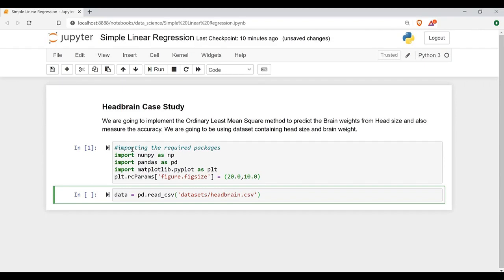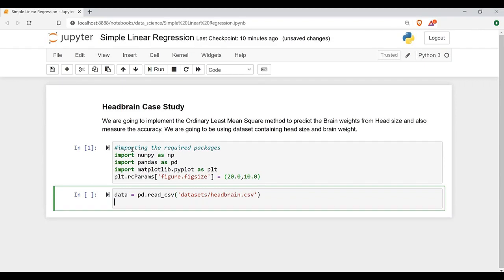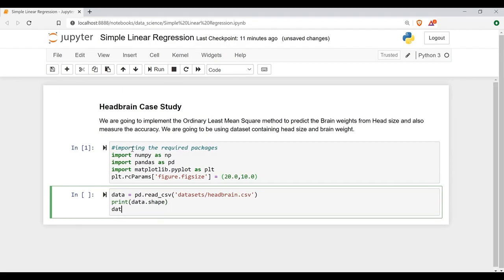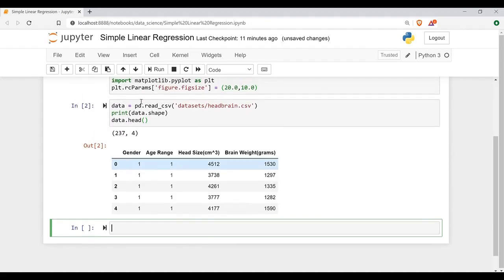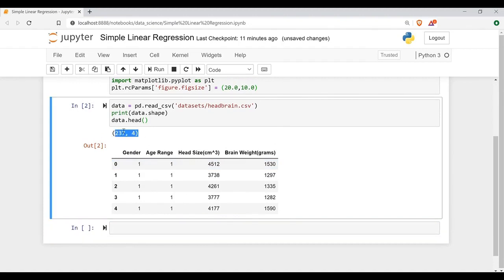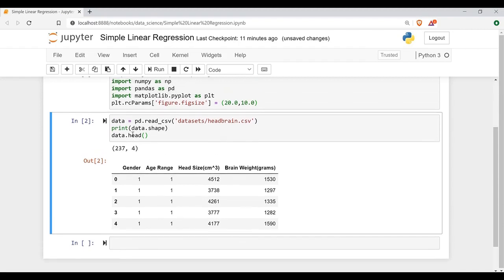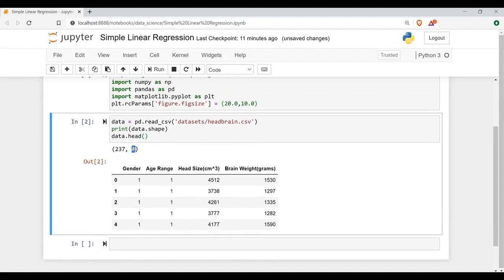So this is our file, and here first we'll be looking at the shape of the data. So I'll just see the shape of the data, that is print data.shape, and then we can look at the data set, what all values are there. So data.head, top 5 values it will show us. So once I run this, we can see the shape of the data is 237, 4, that is 237 rows